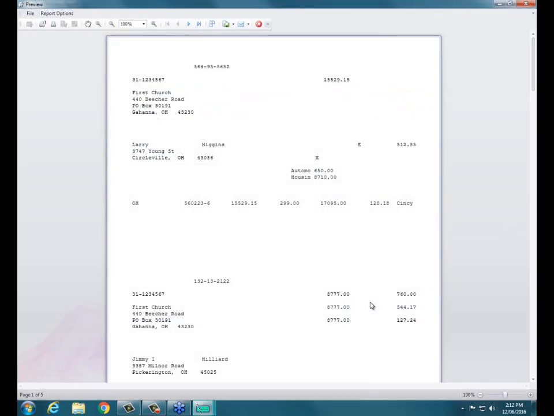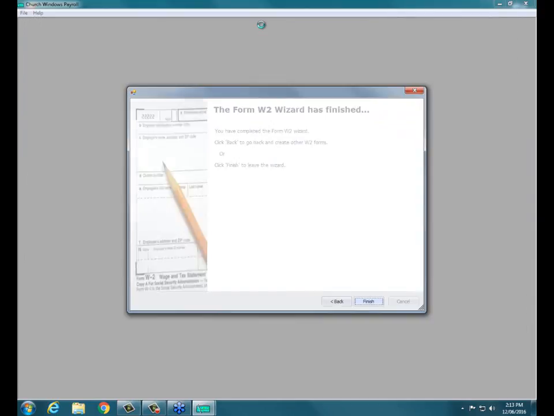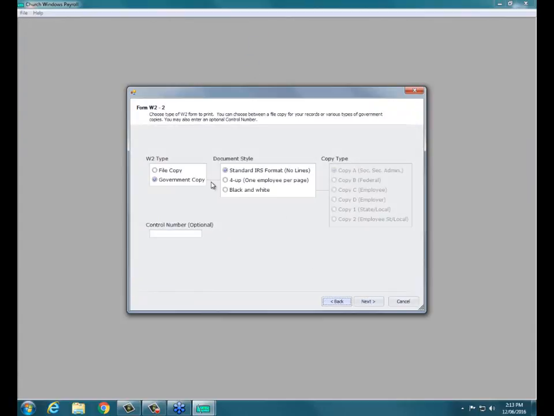So when you click next on that, it just fills in the boxes. They're the pre-printed forms. Okay. However, you're not required to use those. So if we go back now and we choose 4 up, this is the form that we normally have, the